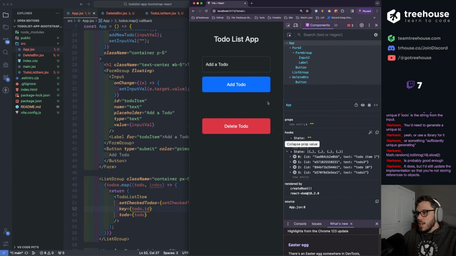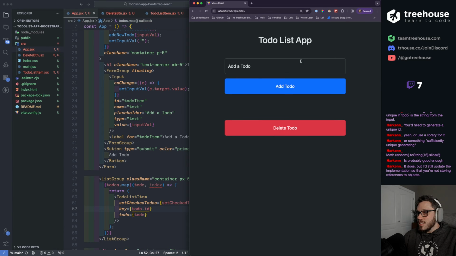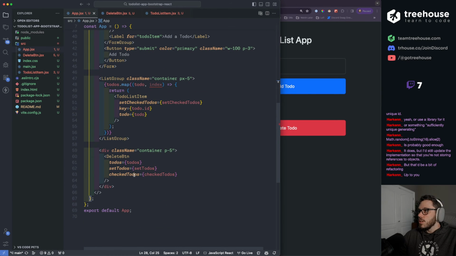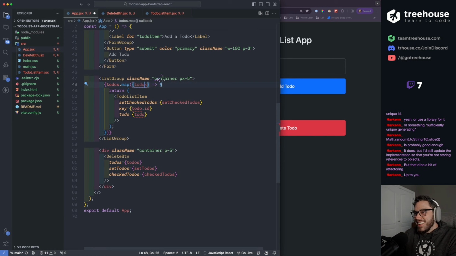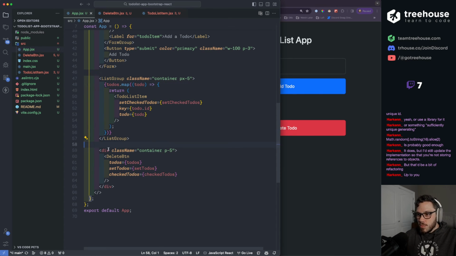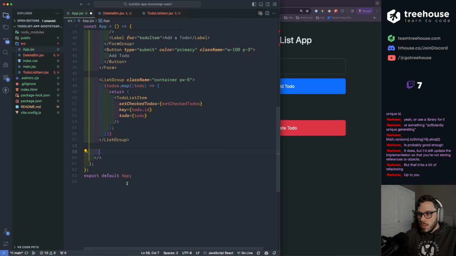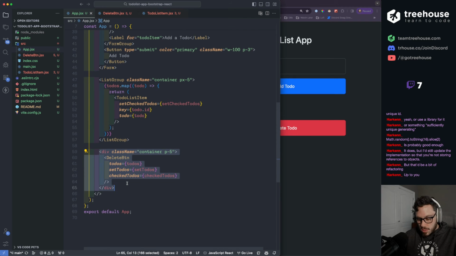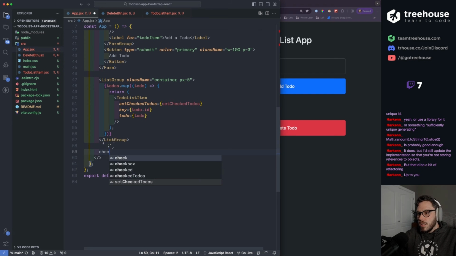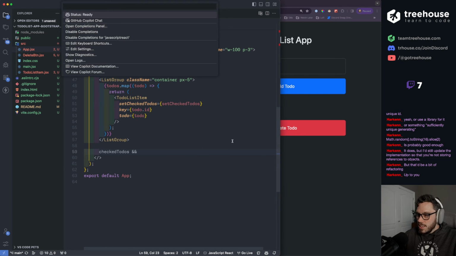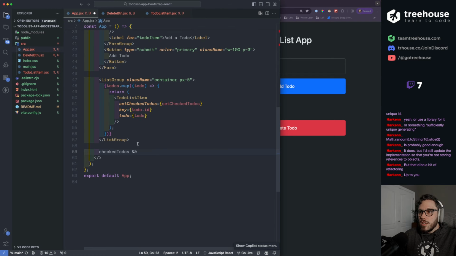Cool. Now I don't want to render the button unless we have anything checked, and that should be very simple to do. Yeah, that would be a bit of refactoring, which I don't mind doing, but we can do that off stream. Nobody wants to see that. Okay, so the button should be super simple. We can just conditionally render it if our checked to-dos is empty. Was that the button right here? Yeah, it was. So we could say checked to-dos, if so, I can turn off completions. I hate that it's always on. I only want it on when I'm struggling.